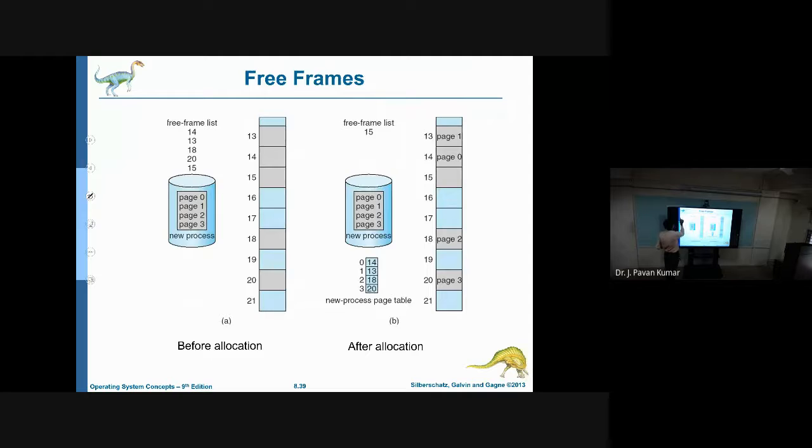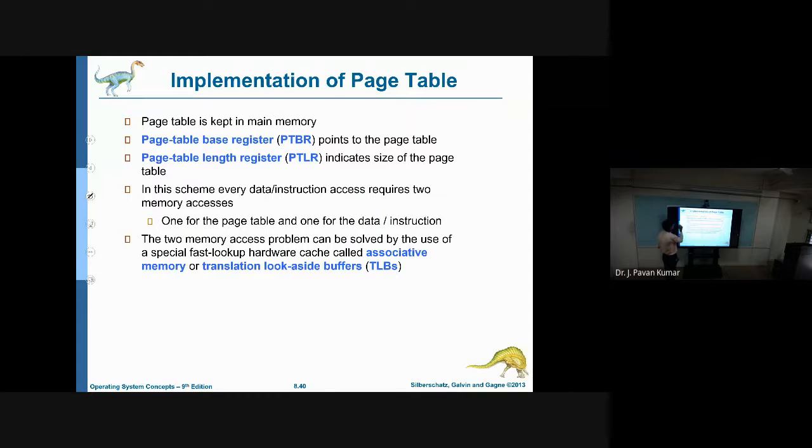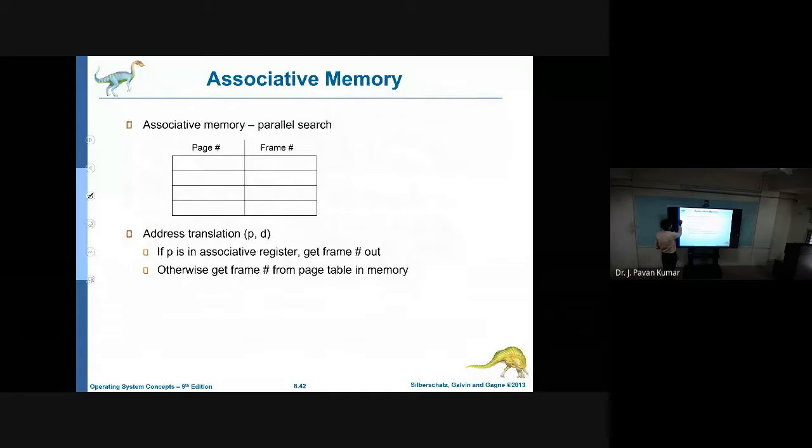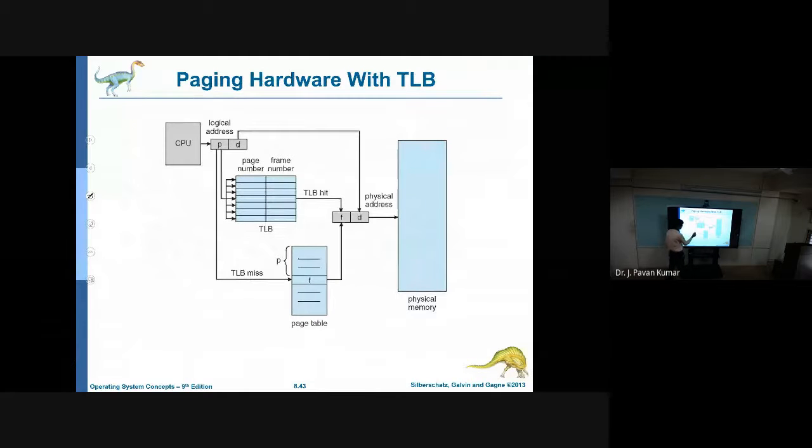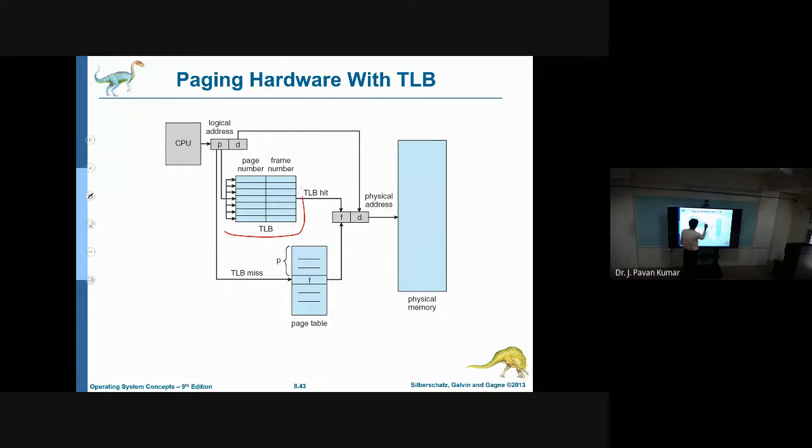You can understand this, we have seen already. Next, this TLB we have seen, translation lookaside buffer. What is the use of TLB? Instead of going to the page table directly for each and every logical address translation to physical address, what we will maintain is an intermediate cache kind of thing that we call the translation lookaside buffer. Here we will be having a similar structure as the page table, but we will be having fewer entries in this TLB. Less space will be there, fewer entries will be there, of course.